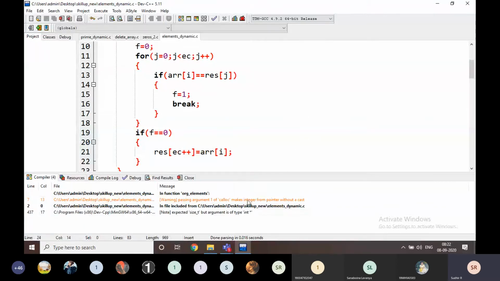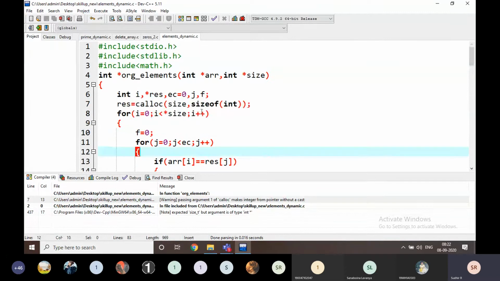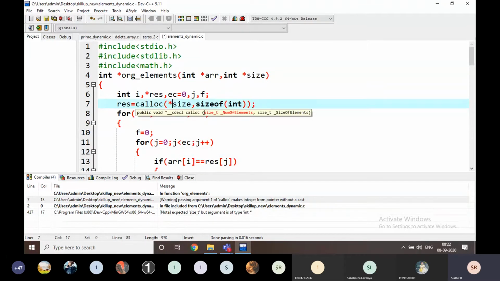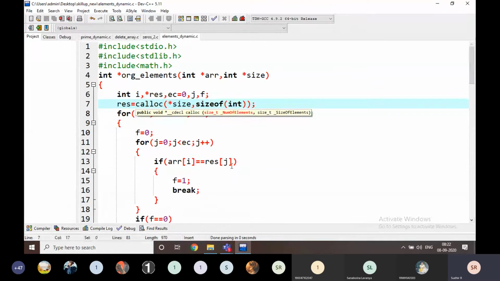Passing an argument CLOC. Okay, this is not size, this is star size. There is no errors now.